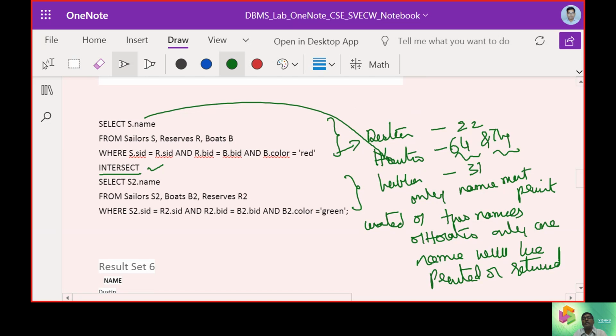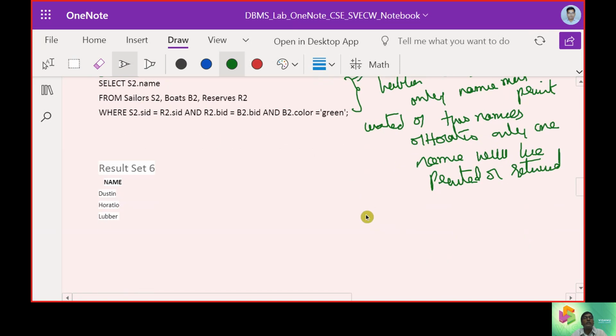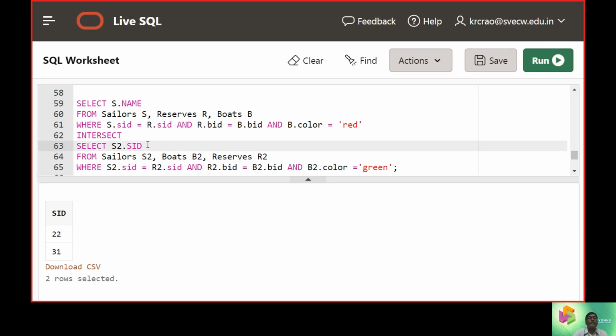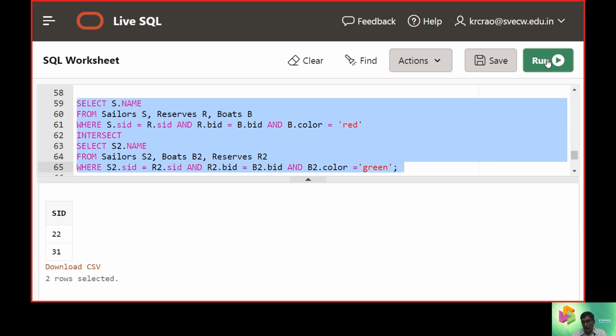So it goes only with Dustin and Lubber in this case. So that's the reason why we will not encourage that idea. We will just check it with the names to display Dustin, Horatio, and Lubber.